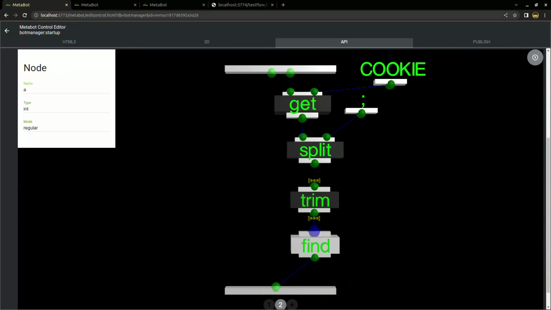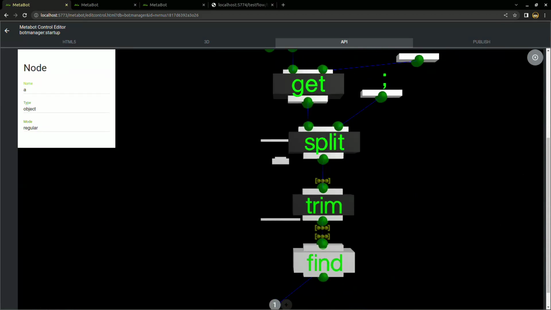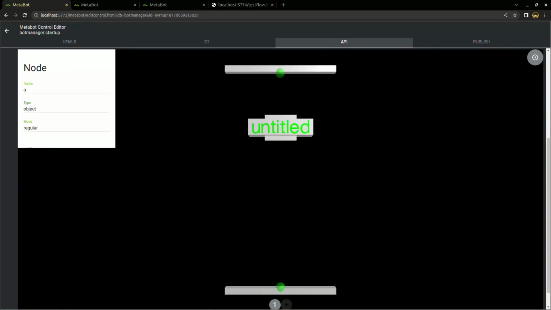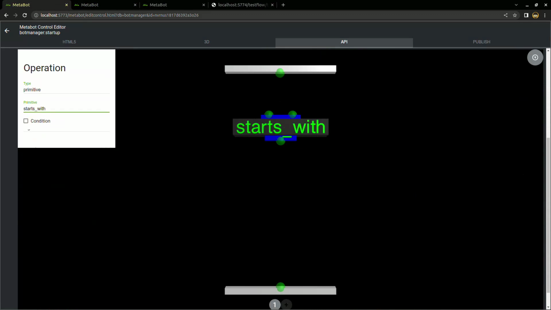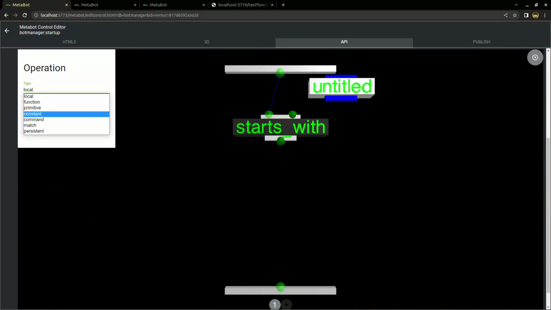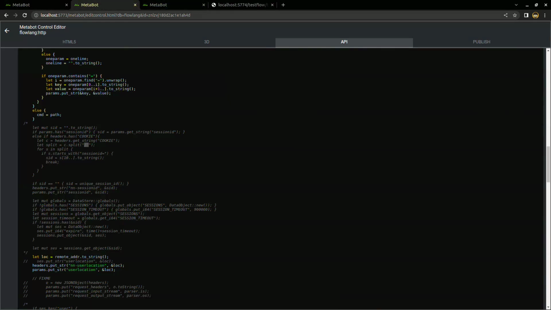Okay. So what I was thinking of was let's put the list on the outside of this local instead of on the inside. That's literally what I was thinking about. So now that we know that we have a single cookie that's coming in here, if it starts with session ID equals,